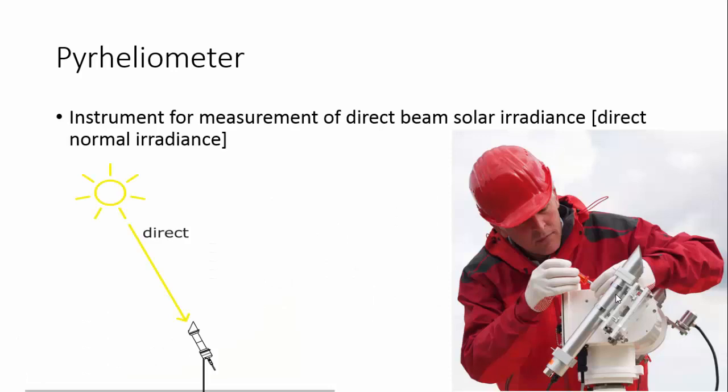This pyrheliometer is generally fitted into the solar tracking system in order to track the sun. Here you can see a man fitting that pyrheliometer over a solar tracking system. The solar tracking system follows the sun's position. If the sun is here, it has to be directed towards the sun. If the sun is moving like that, the tracking system will follow the sun, so that we can measure the direct radiation. Otherwise, we cannot measure the direct radiation all the time. So this is how we have to use a pyrheliometer in order to measure the direct radiation. So the pyrheliometer measures only direct radiation.